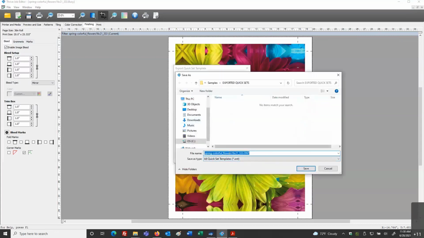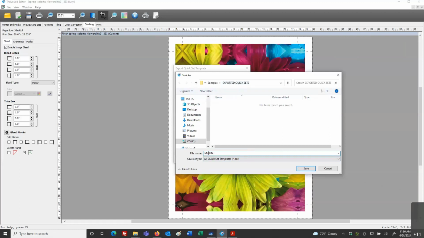And now I'm going to name this something that's going to be describing this 1-inch mirror image wrap or something. And then where am I going to save it? Well, for my demo purposes, I have a folder in my samples folder called Exported Quick Sets, and that's where I'm going to put my file. So I'll give this a name that's better at explaining what this is.